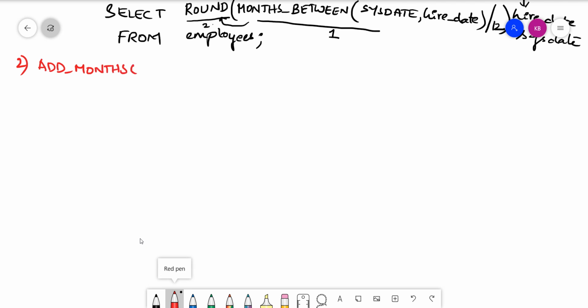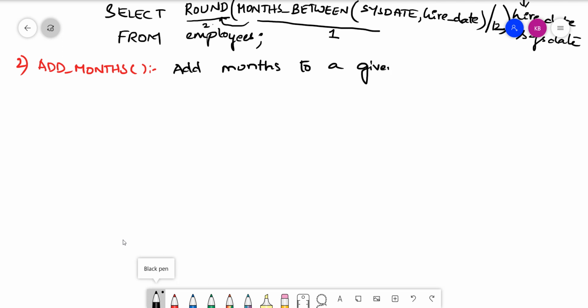Here, with the help of this add_months, we can add a number of months to a given date. As the name suggests, we can add months to a given date.